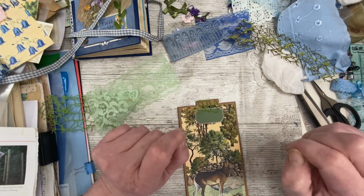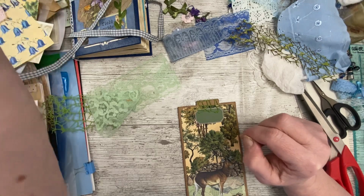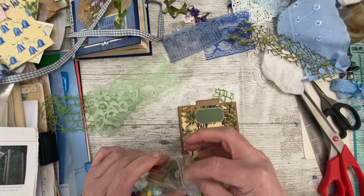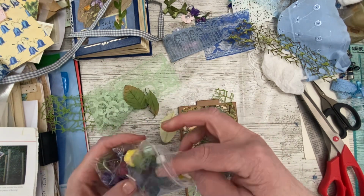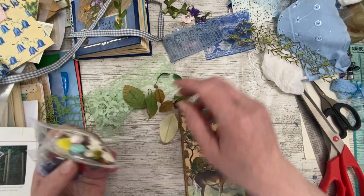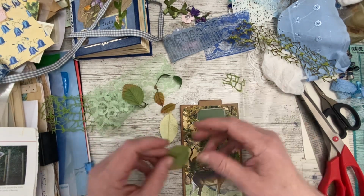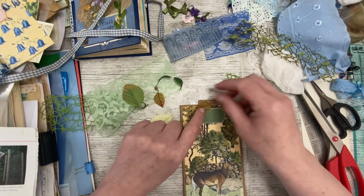Now the other thing is, I could have a leaf. Leaf? I've got one or two faux leaves here. Been tidying out, that's how I knew they were there. Or I've got that leaf, oh, we don't want a rose. We've got that leaf trim as well, haven't we? So let's have a look. These are quite nice though, they look like they've come from the...